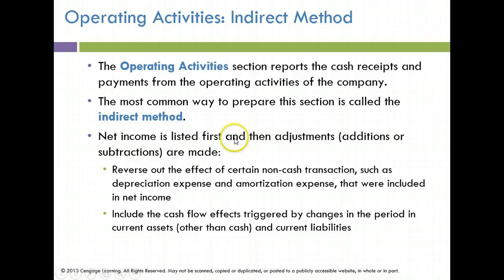So net income gets listed first, and then we make all these adjustments. Some things we're going to get rid of. Think about net income. We show depreciation expense in net income. Do we really fork out any money for depreciation? We don't. So really, we need to add